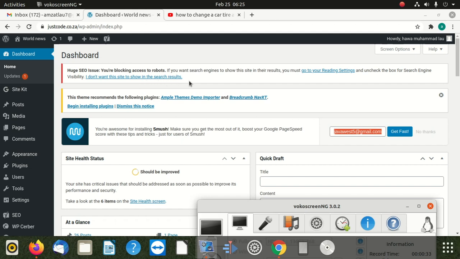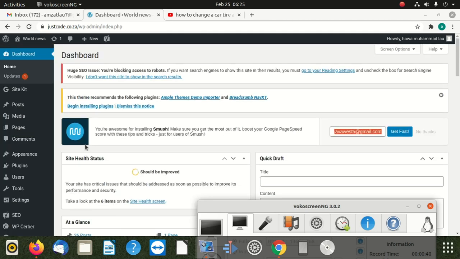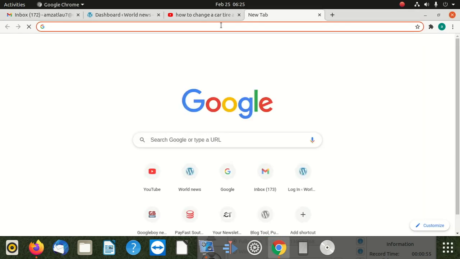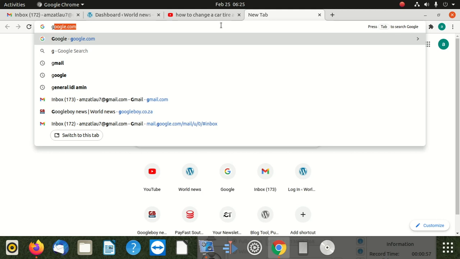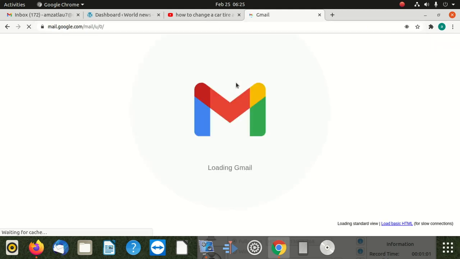Okay, so now we have an issue here whereby our site cannot be crawled by robots. So it simply means it can affect us, because we also applied for AdSense and they rejected the site. That could be one of the reasons, because the site can't go to search engines and stuff. So AdSense,